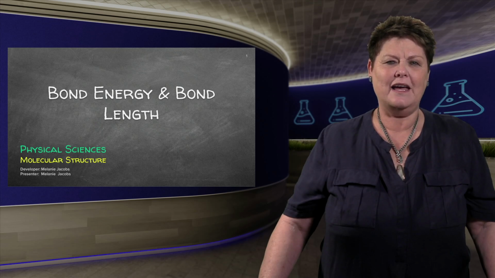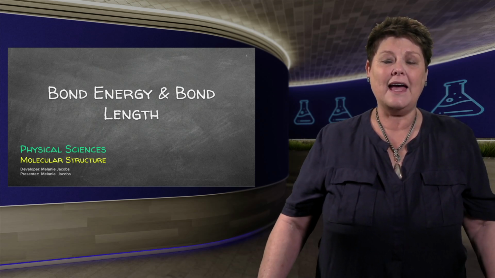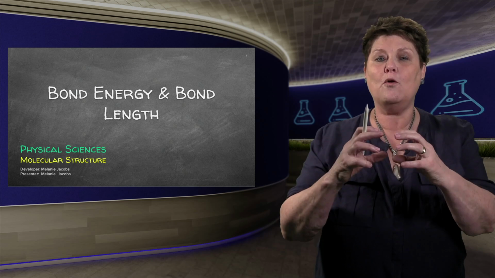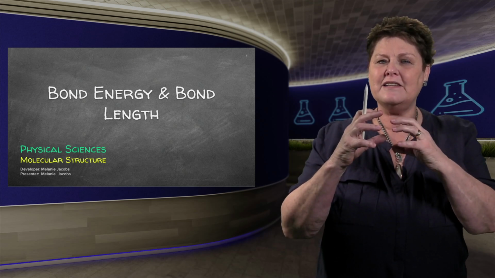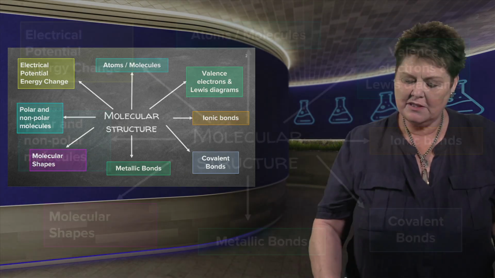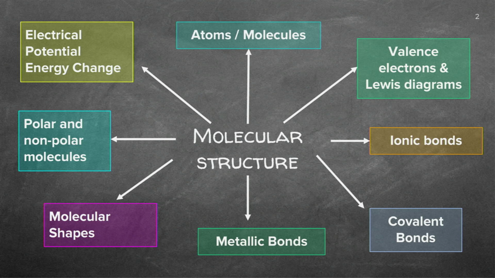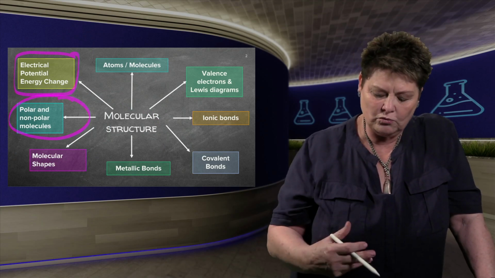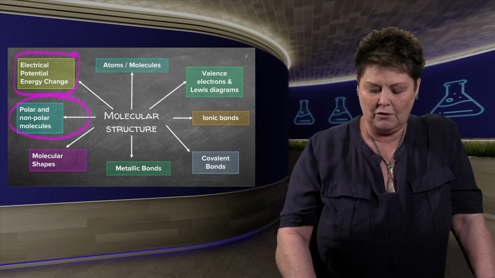It's Dr. Mal here, and we will have a look at the actual movement of two atoms when they move towards each other to form a molecule. And there's energy and there's distances that we are going to have a look at. So it's important that we know when things bind to each other, it will form polar and non-polar molecules. But the one aspect that we'll have to have a look at is the energy. Whether it's polar or non-polar, what are the energies that are all related with this binding of two atoms?